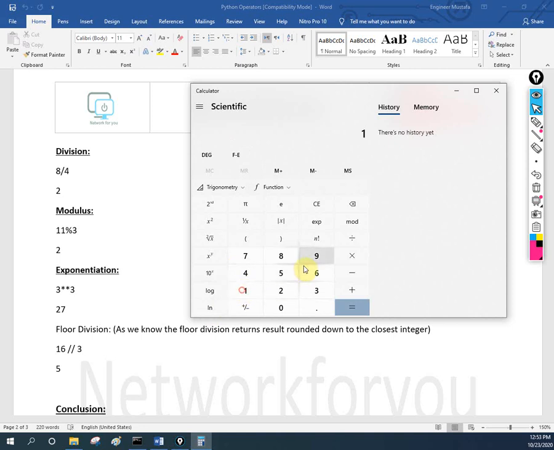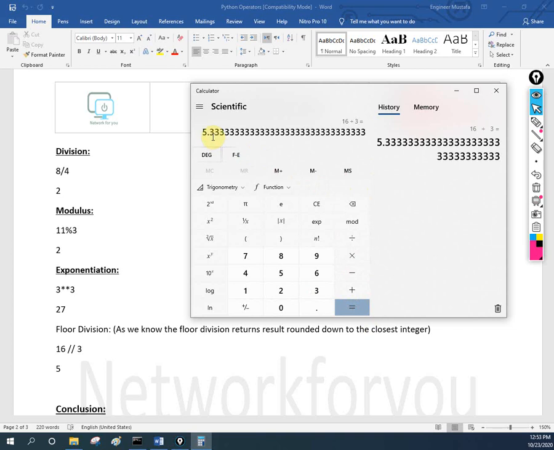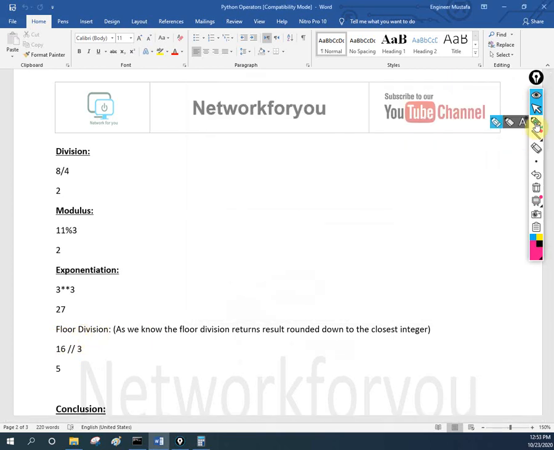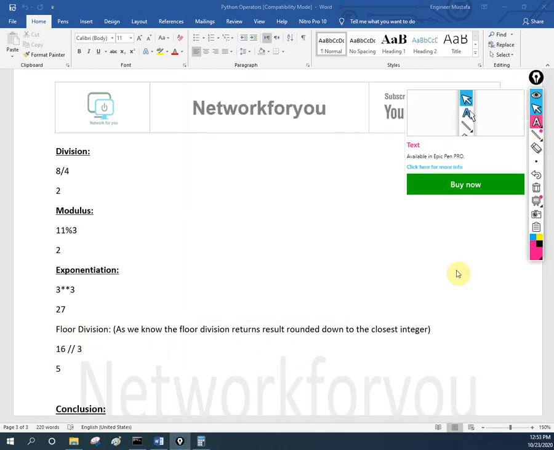If you see, we have 16 divided by 3. If you do this, the answer will be 5.333. If you see, this is the answer, 5.333. So if you use the floor division operator, then it will remove this part.